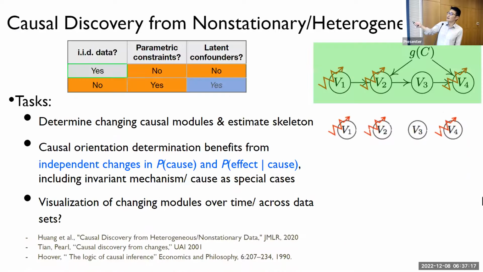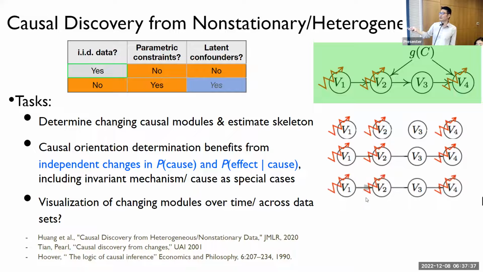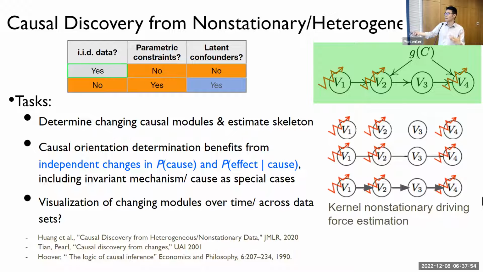Okay. For this one, essentially in this work, we assume there is only a specific type of confounders, and then we can solve the following problems. First of all, for those variables, we can discover for which of them the mechanism changes. And then you can find the skeleton, and then you can find the causal direction by making use of the independent changing property, because in the right causal direction, they must change independently. And if one thing does not change, it's invariant, right? It's a special case of independent change because a constant is independent from everything. And then we also visualize how the mechanism represented by the conditional distribution changes over time across different domains.